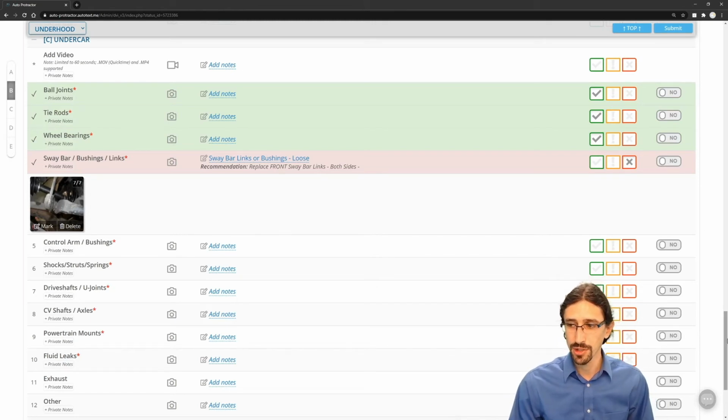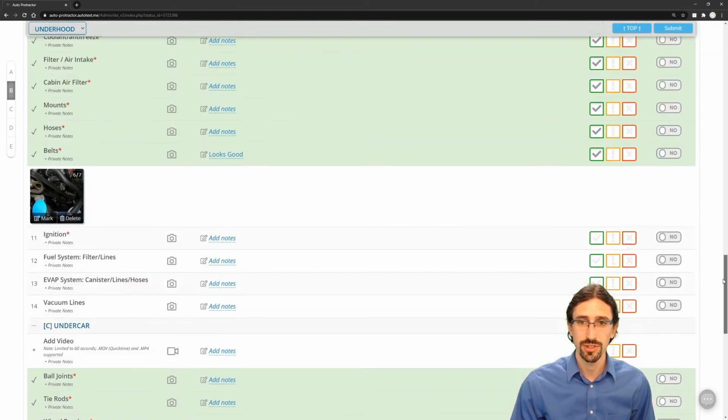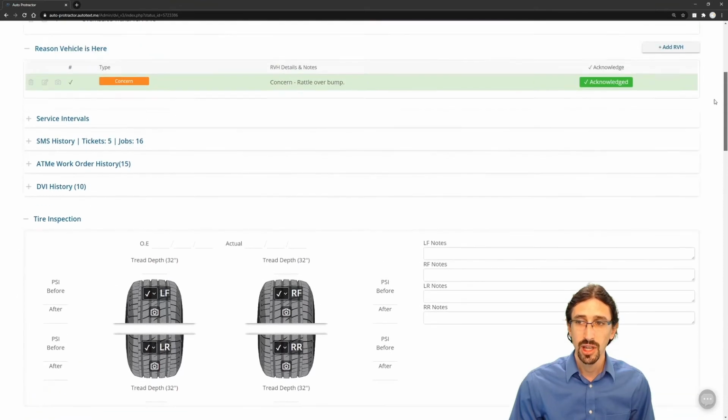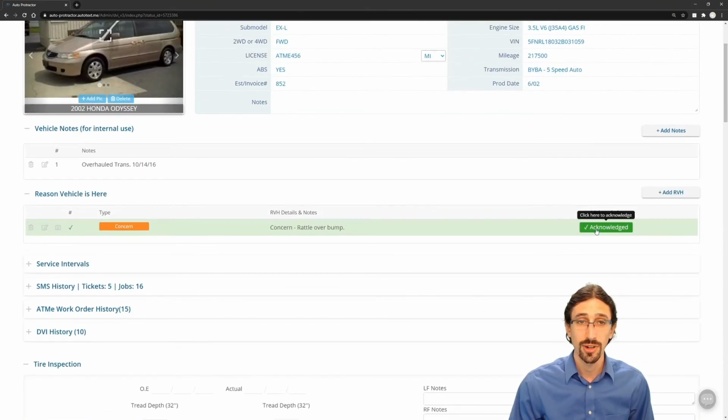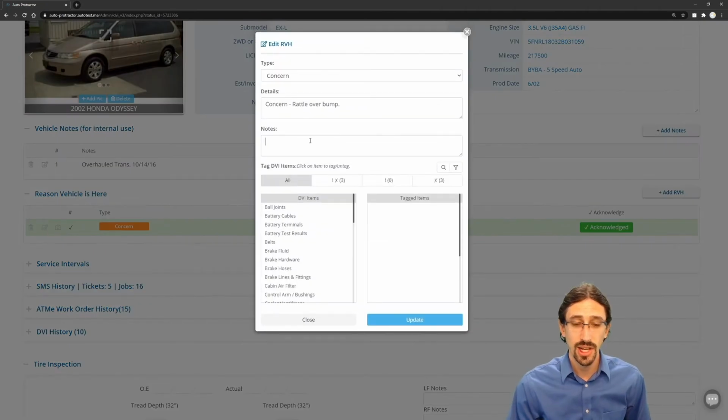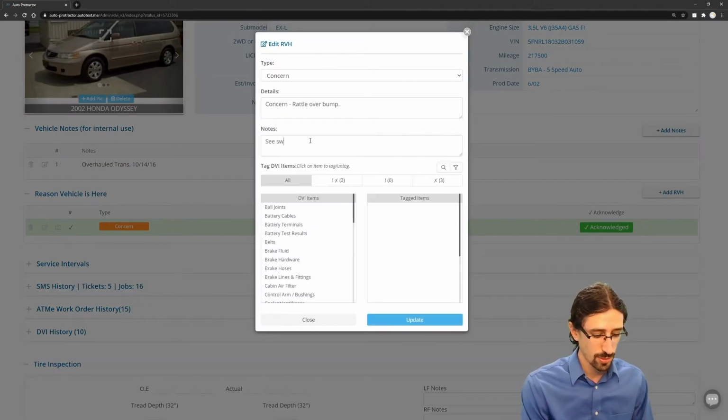Now I'm going to call this good enough for this particular demonstration. We have a few things marked red on this sheet. We have several things marked good, and we're going to go ahead and acknowledge that concern. One neat feature in Auto Text Me is if the technician does take any notes on this, if you want to say see sway bar links,